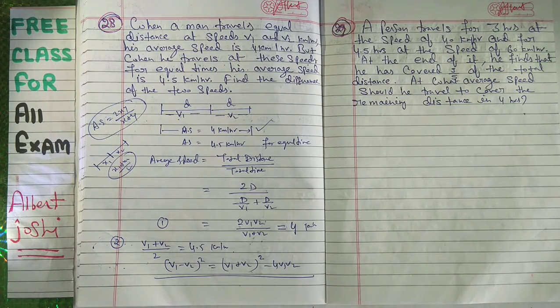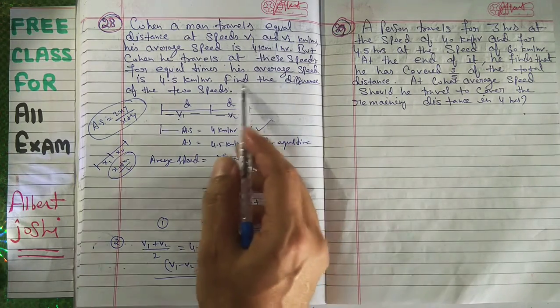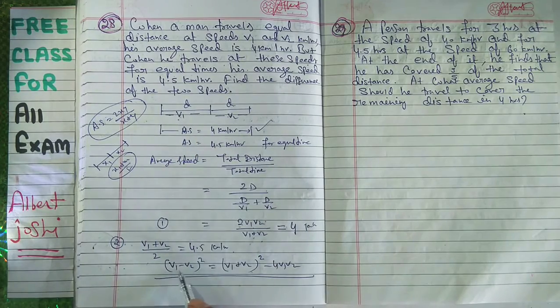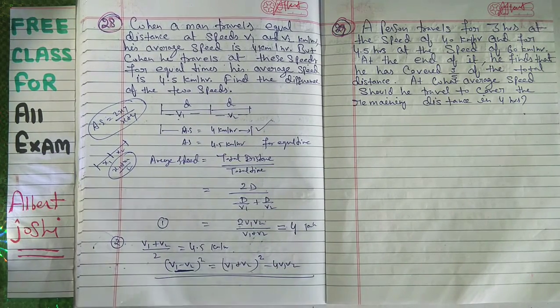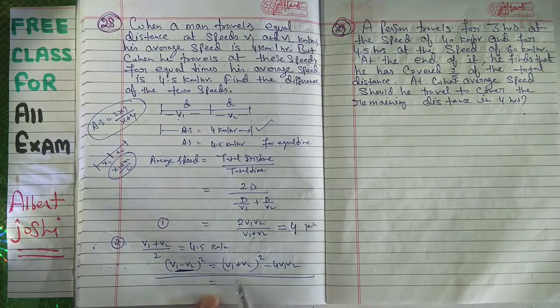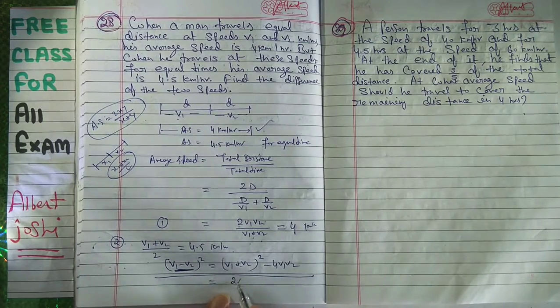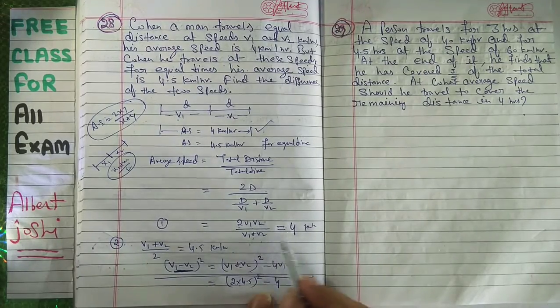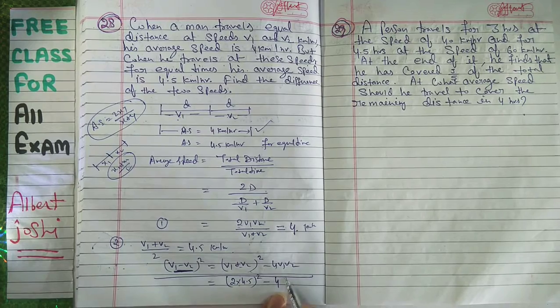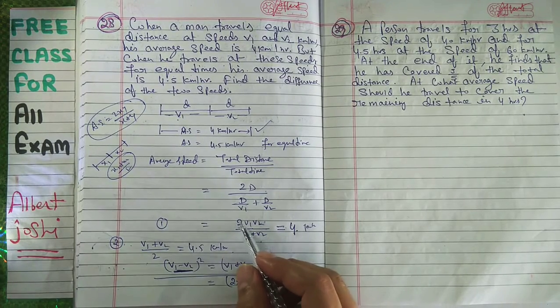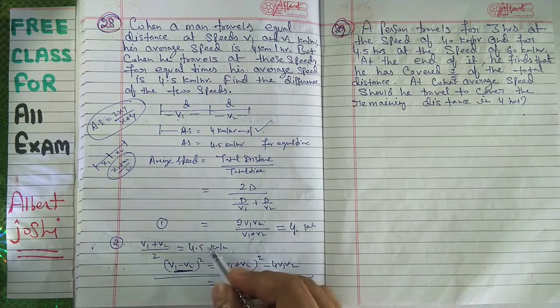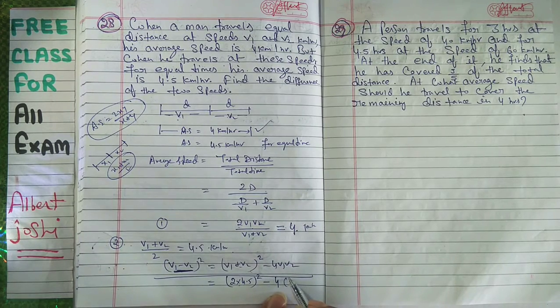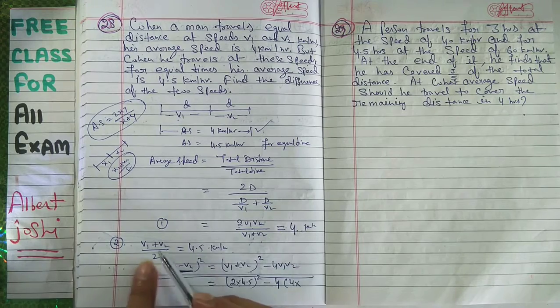Okay, so now the next question: find the difference of two speeds. You have to find only this, no need to solve. We can also write here (v1 plus v2) whole square is equal to 2 into 4.5 whole square minus 4 into v1 v2. That is, v1 plus v2 is equal to 2 into 4 into 5 into 4, so the 2 and 2 cancel.